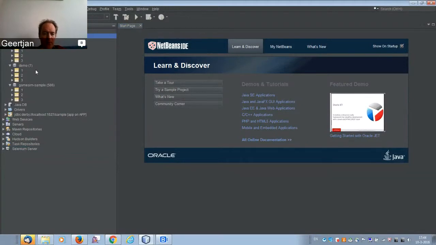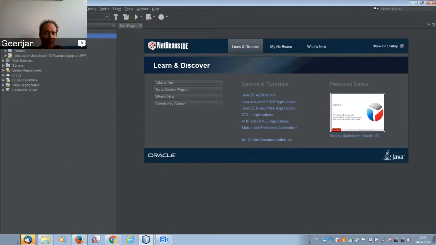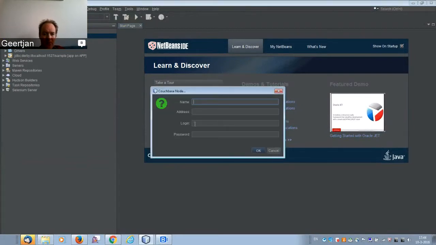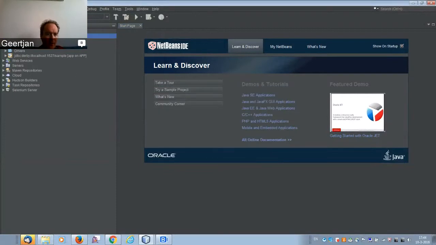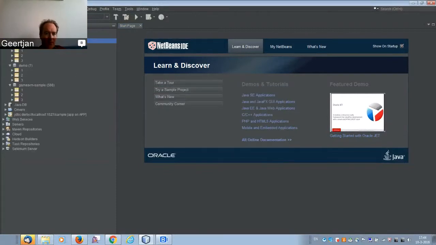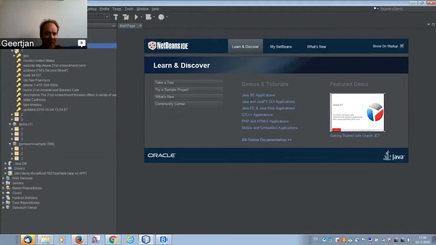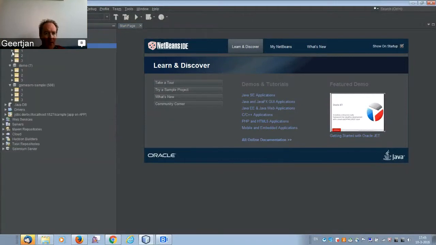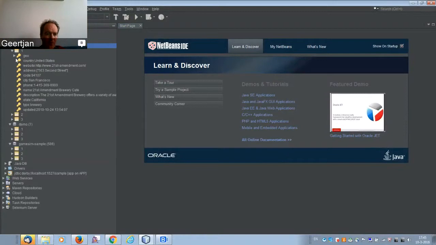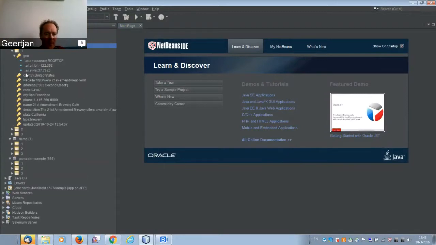I'm using the darker look and feel theme, so it might look different to someone watching this. The features that we have created are, first of all, that you can add a Couchbase node, which means you provide a name, an address, a login, and a password, which I've done. Then I have this connection node here, and within that connection I can see the buckets that are available, and within each bucket I can see the documents. Here you can see I have 3 documents, and within that I can see the attributes, and I can drill down even further, and if it's an array, see the content of that array.